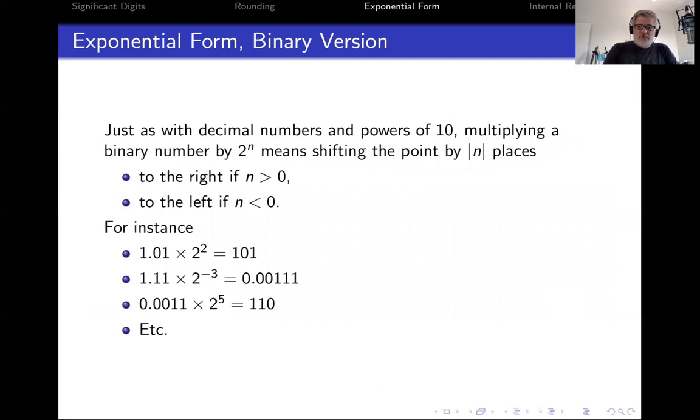Okay. All right. So I'm going to redo exactly what I did now, but in binary, but it's exactly the same thing. It's the same principle, but rather than working with powers of 10, binary works with powers of 2. Okay, so shifting